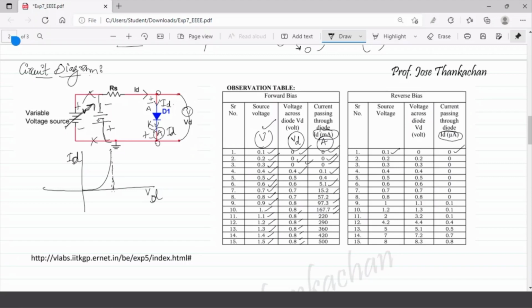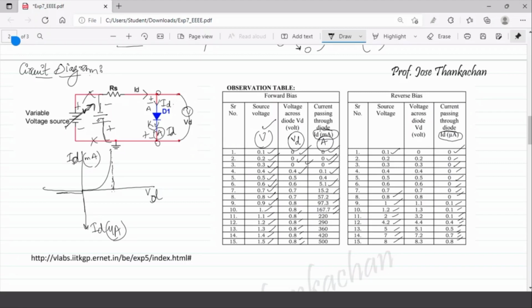So in the reverse bias condition, even if this is in milliamperes, on the y-axis in the negative direction this current should be in microamperes. So you will be able to see that this current is very small. I have just drawn it in such a way that you can see the difference here, but this is not to scale. The current is 0 initially till 0.8 volts in the reverse bias condition, and then finally we are increasing the voltage again in the reverse bias condition and current starts to flow here, but it is settling only to 0.8 microamperes.